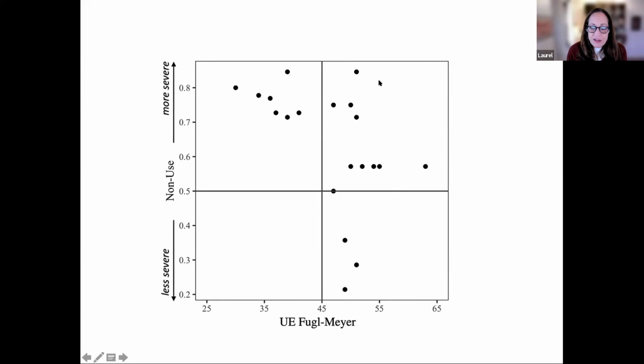So one of the things that you should really look at here is a quadrant in which people have quite mild sensory motor, moderate to mild. So that's highest you can get is 66 on this scale. And nevertheless, many of these patients are showing quite a great disparity between what they do when left to their own devices versus when constrained. So non-use doesn't always follow along with low capacity. So people with good capacity are still not using their arms. So this is the non-use phenomenon.